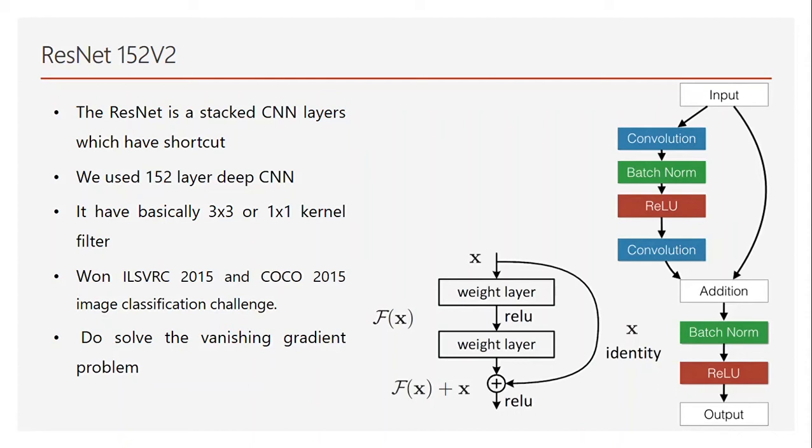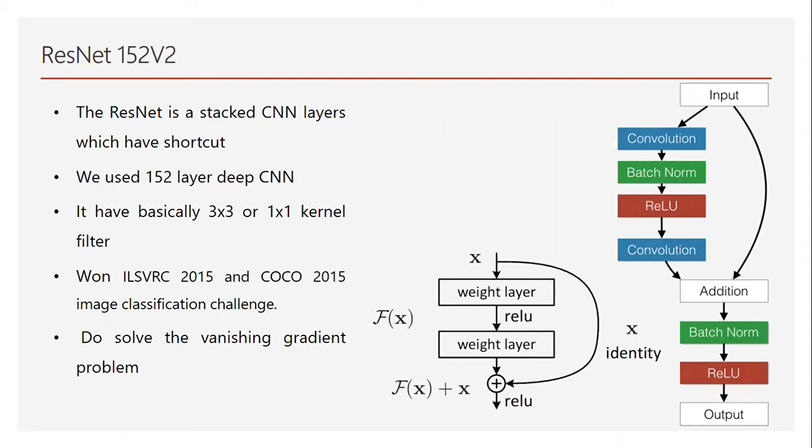And on the output layer, ReLU is the activation function. And we can similarly see how exactly the model works. It has two convolutional layers. The first convolutional layer has a 3 by 3 kernel, and the second has a 1 by 1 kernel. And this is one block of that architecture. We are using a 152 layer stacked CNN. That is the maximum stacked layer of CNN.